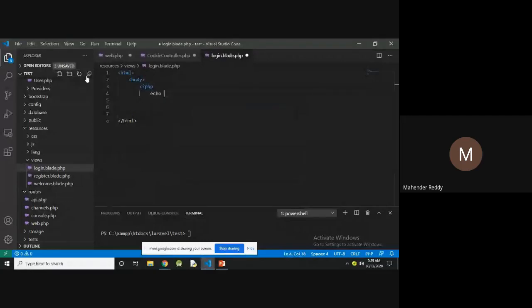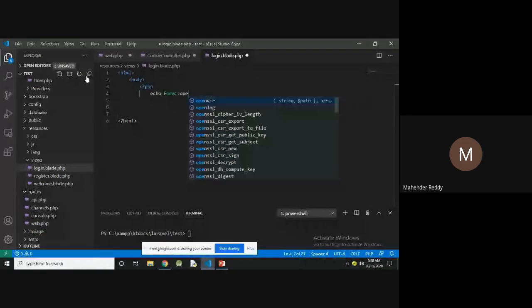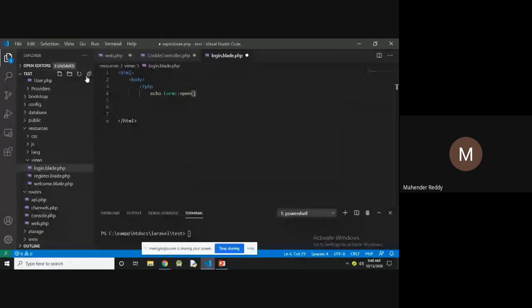Then the form is opened with the URL /bar, and then I'm going to create the labels one by one.